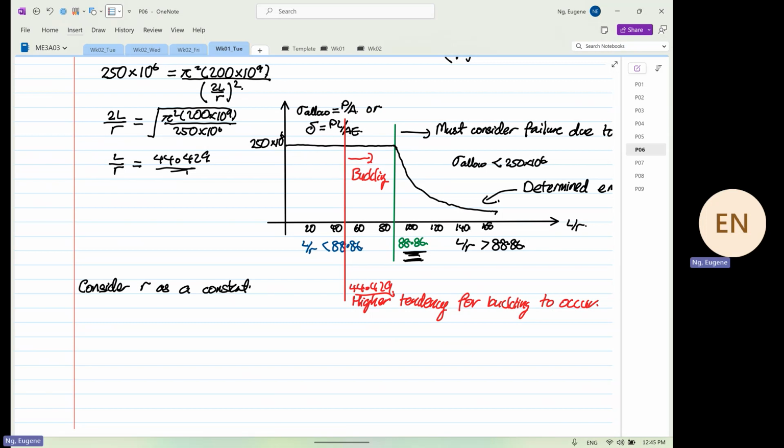Let me refer. The formula for R is equal to the square root of I over A. Okay. So if we assume R is a constant, i.e. cross-sectional area,